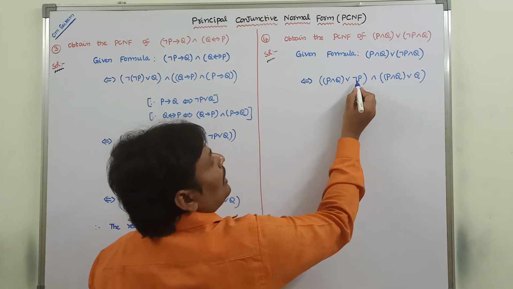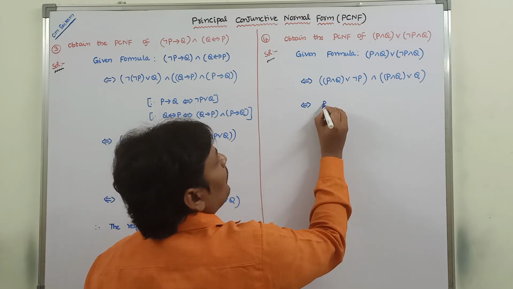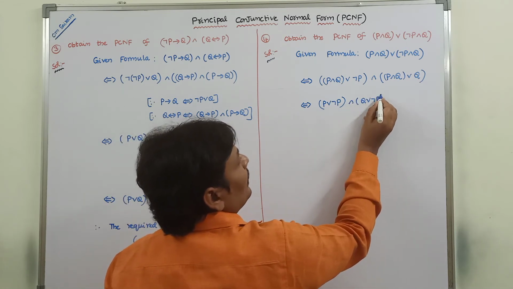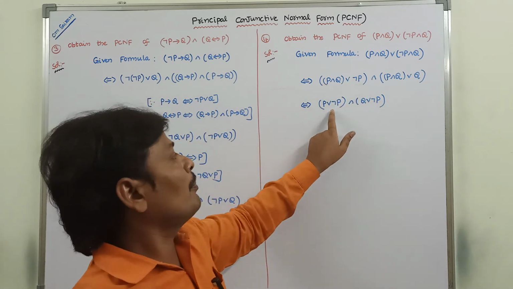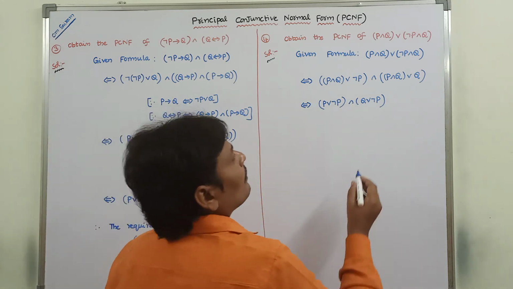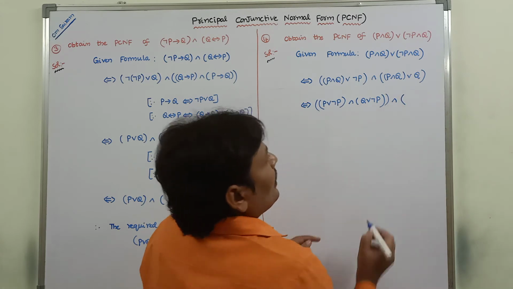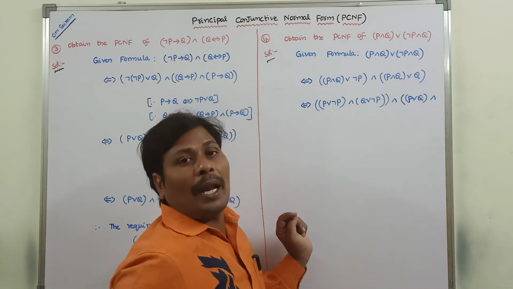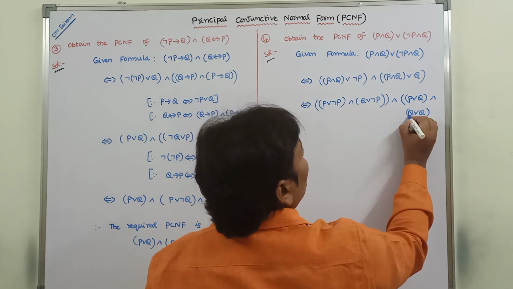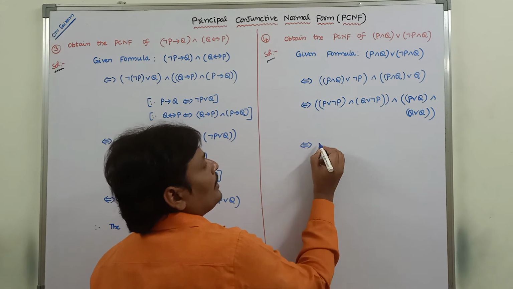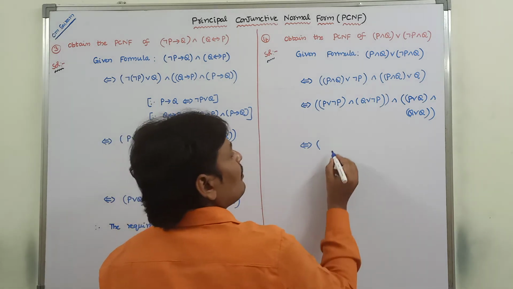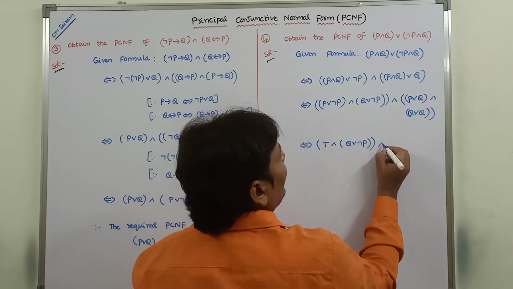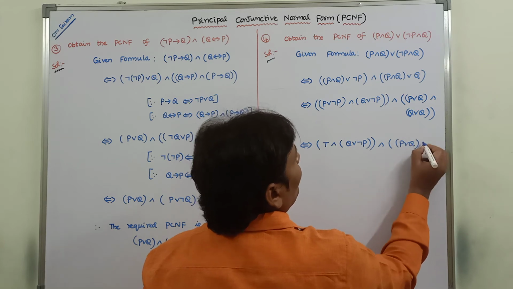So P multiplied with negation P can be written as P or negation P, and Q or negation P. So P is multiplied with the negation P and Q is multiplied with the negation P. Next, P is multiplied with Q, that is P or Q, and Q is multiplied with Q, so that is Q or Q. Here P or negation P is nothing but true, true and Q or negation P, and this is P or Q and Q.